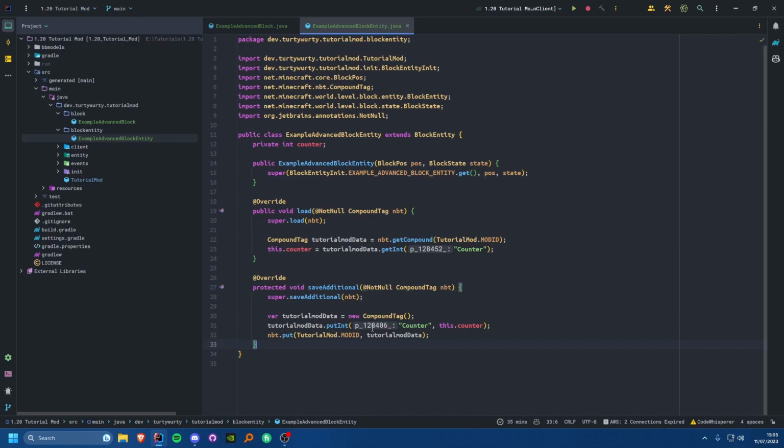Okay, now one important thing to mention really, is that this is not going to sync. This data is not going to be synced to the client. So by default, this data is only going to be on the server side of this block entity. So if you wanted to render it, for example, or you wanted to access it in a GUI, that's not going to work. And so you would have to sync the data. I will talk about that in a future tutorial. I'm not going to talk about that in this one because as you can see, we're already getting way longer than I intended us to get. So we'll just leave it like that.